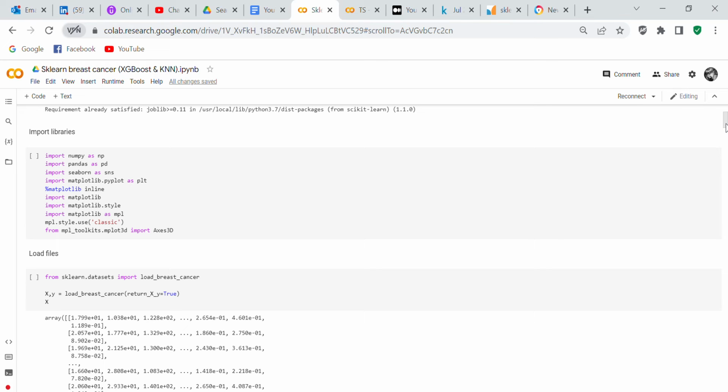We're going to import pandas as pd. That's going to enable you to create data frames and maintain them. We're going to import Seaborn as sns. So what that is going to do is, let me just check something,